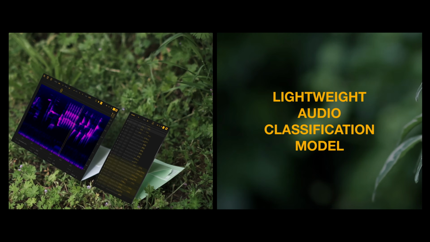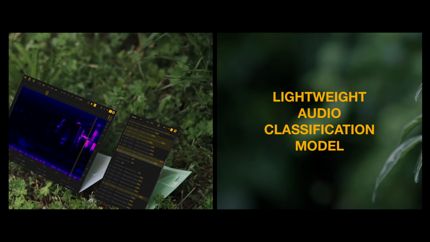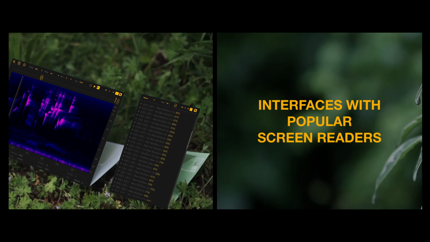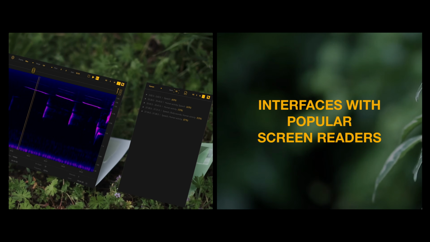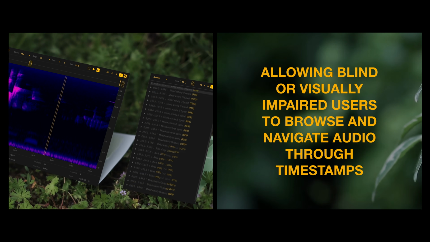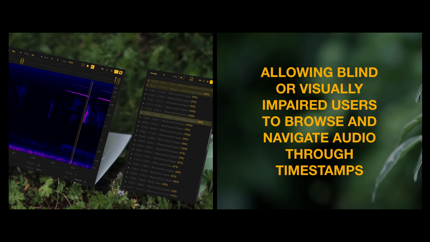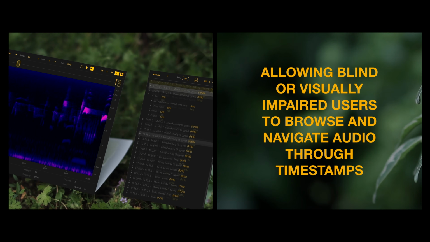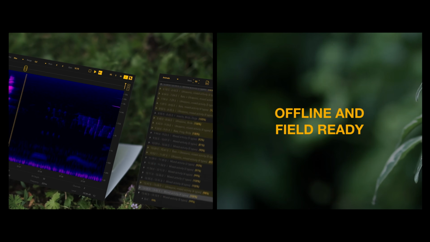Field Spectrum includes a lightweight audio classification model that analyzes the audio and detects points of interest, organizing them into categories. It interfaces with popular screen readers such as VoiceOver and NVDA and can be fully controlled via keyboard shortcuts or tabbing, allowing blind and visually impaired users to browse, filter, and navigate audio content through structured, accessible audio feedback and navigation cues. The model does not require an internet connection, making it suitable for use in the field or